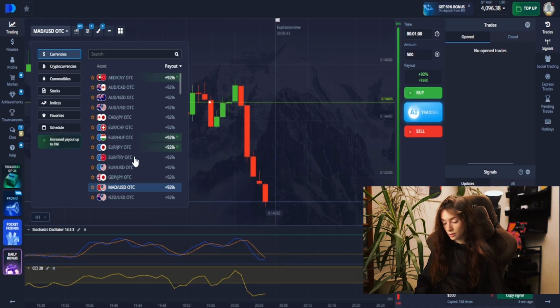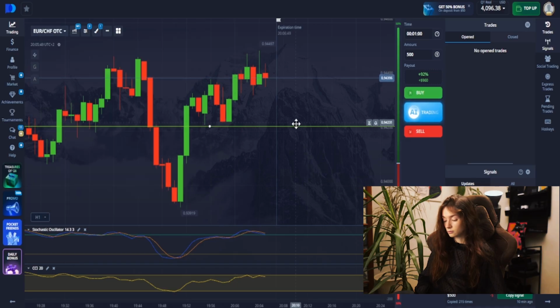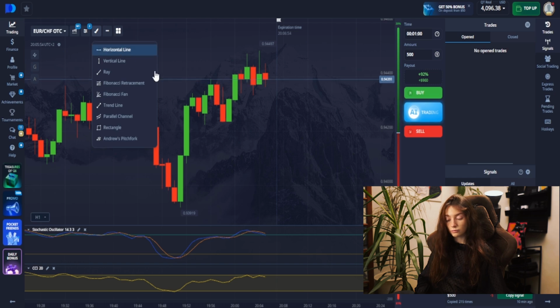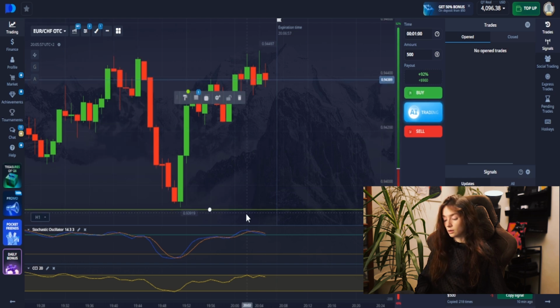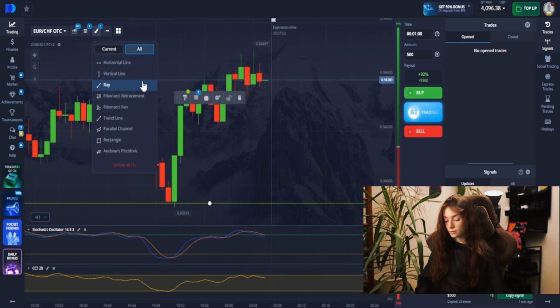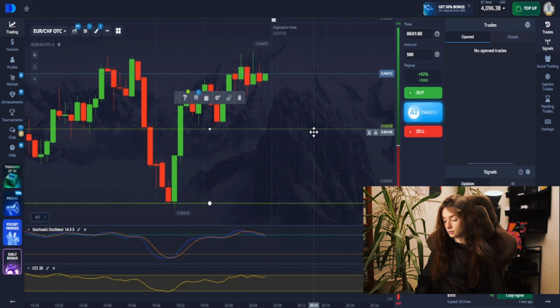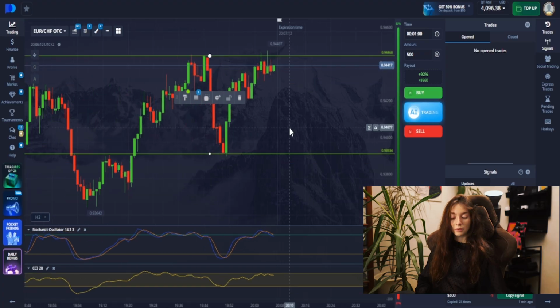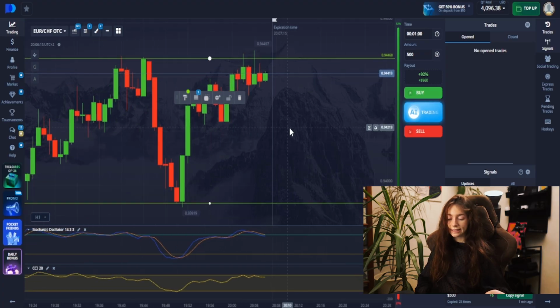Now let's choose a currency pair to work with. I'll mark the levels right away on the 1 minute time frame. We always mark levels. This is important. When you return to this pair later, you can see how the situation has changed and understand its behavior better